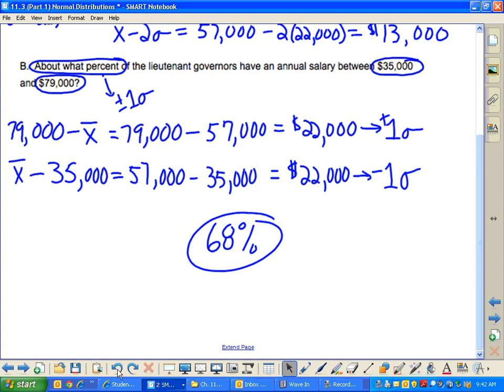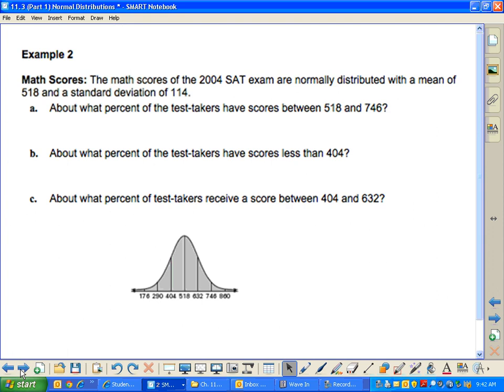All right. One last problem. We're going to do part A together. You're going to do B and C. I'm also going to shorten your homework for you in just a moment. All right, so this time around, we get some normalized data. The math scores of the 2004 SAT exam are normally distributed with a mean of 518 and a standard deviation of 114. In part A, it says about what percent of test takers score between 518 and